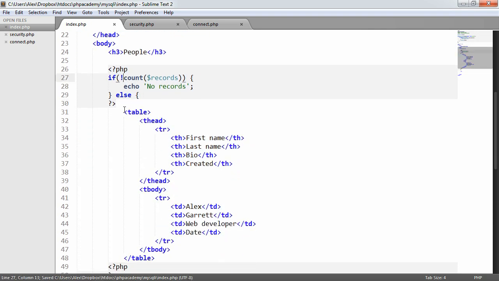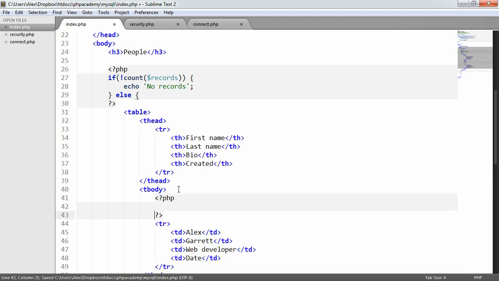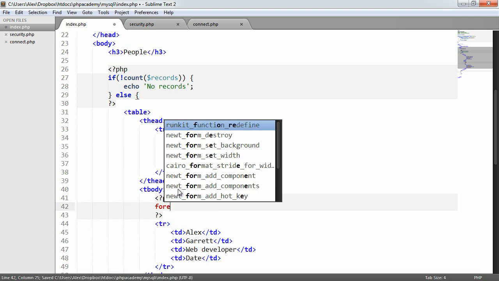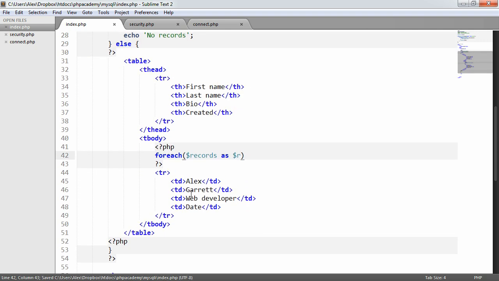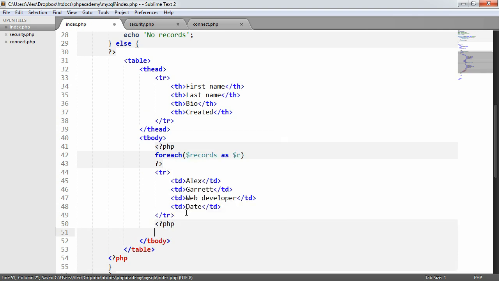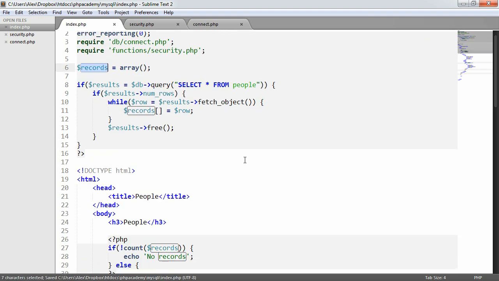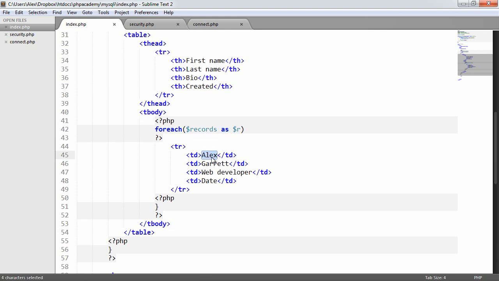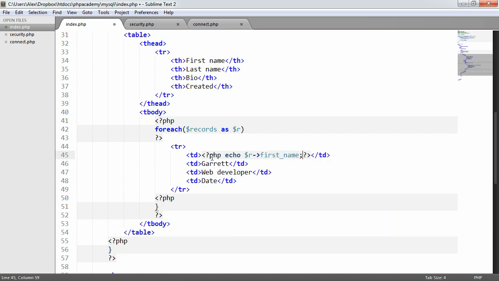So if there are records, we're going to generate this markup, and then we want to loop through this bit here. So now we can actually create our loop down here. So our foreach loop. So for each records as, and I'm just going to call it R just so it saves typing, go ahead and end that loop there, and we'll indent this. Now for each of the records that we stored here, we now have access to down here, so we can just replace this basically. So I'm just going to replace this with echo our first name,